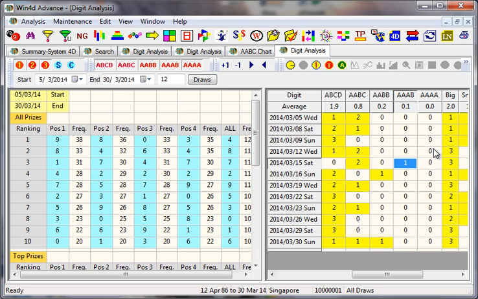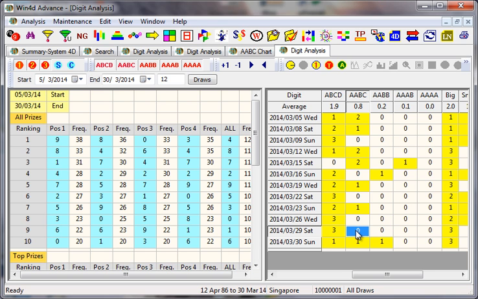So I hope you could see for yourself why I am picking on this, because I want to show you that with the Win4D Advanced, all these data will actually enable you to make what we call important decisions before you actually embark on which pattern you want to go for. This one will clearly show you why people prefer an ABCD pattern. I think probably they may have data like that, and I'm very sure that it's definitely using